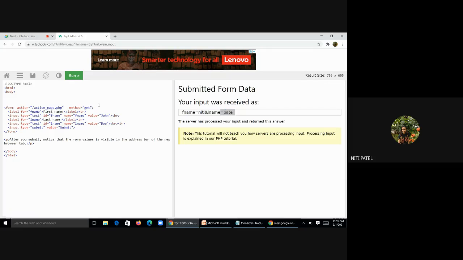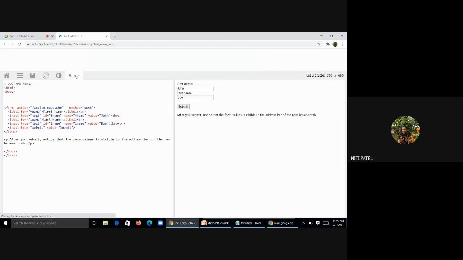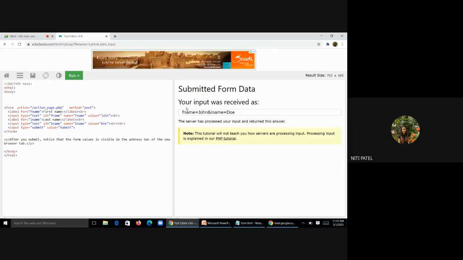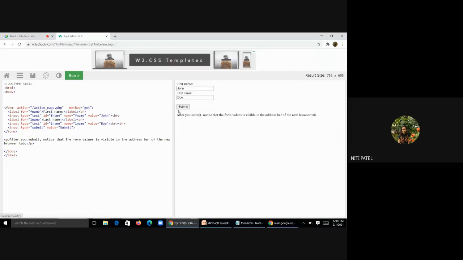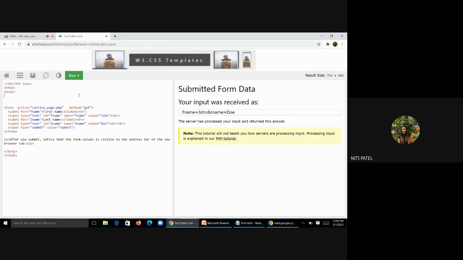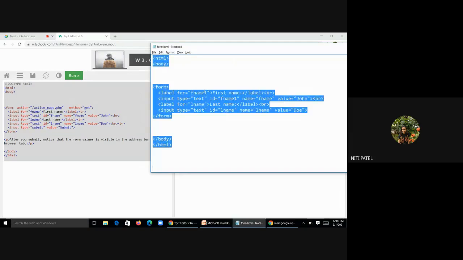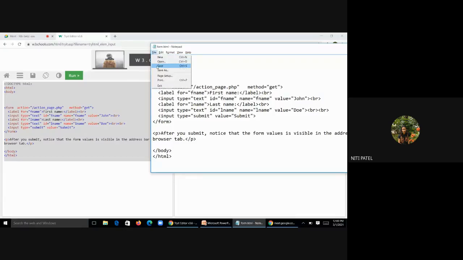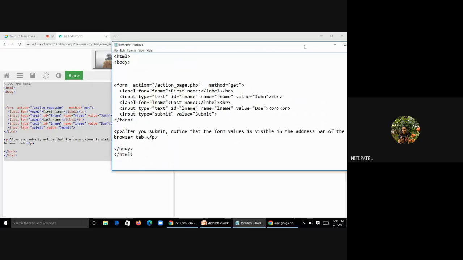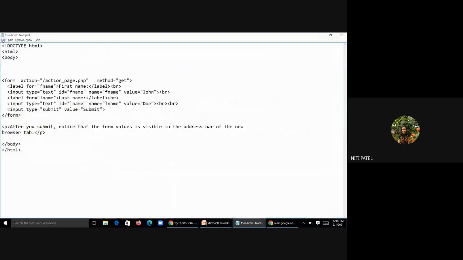Now when I say post, I think just give me a moment. I have copied the code in my notepad and I am going to save with the method get.